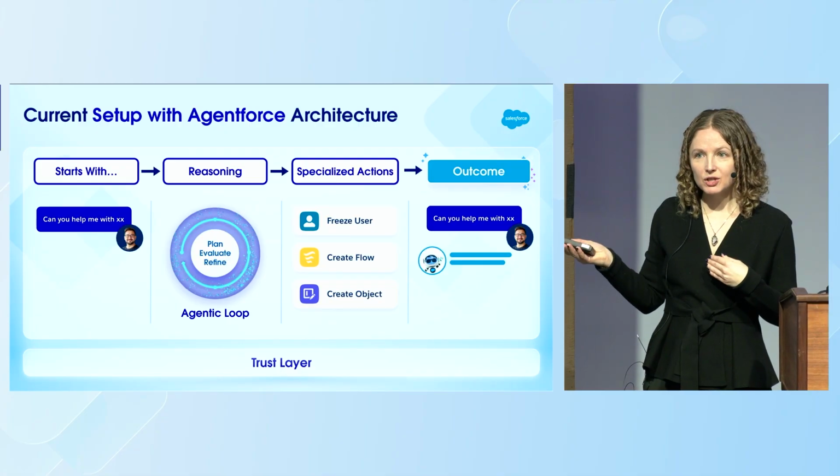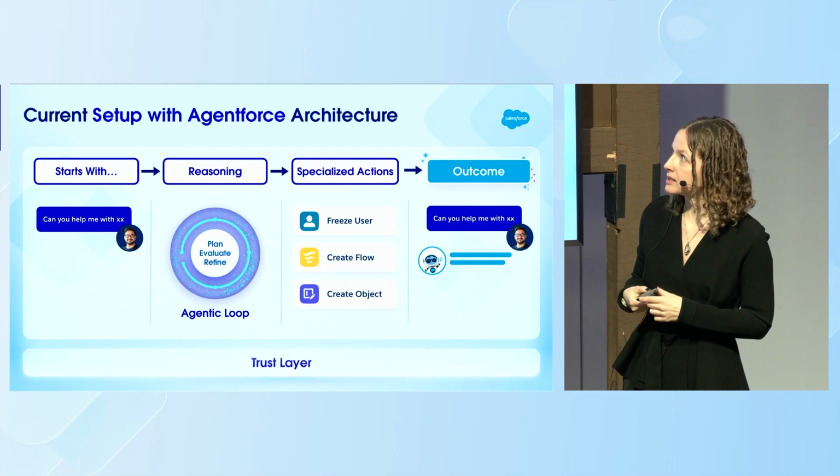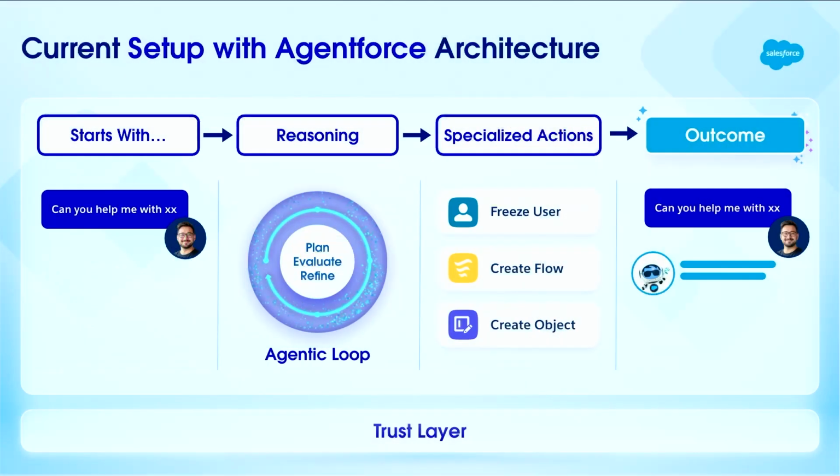Now, I'm going to show an architecture slide. Don't worry, it's not overly complex. But I want to give you a little bit of insight into what we're doing today. Today, we're actually building out very specialized actions for the actions that we support. Now, this is not going to scale to all 1,257 pages,